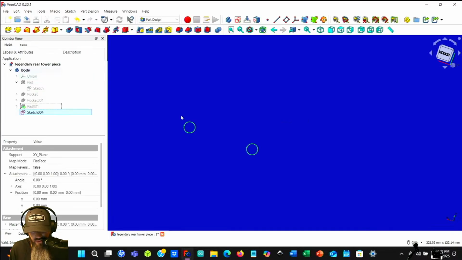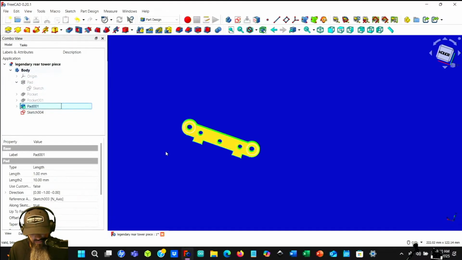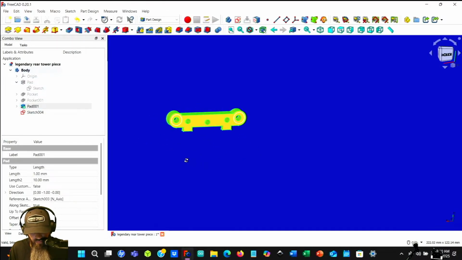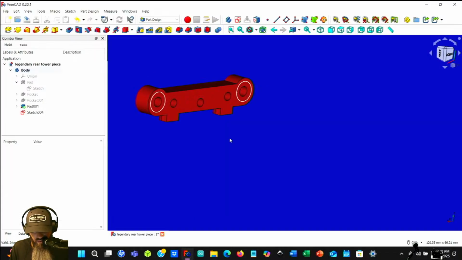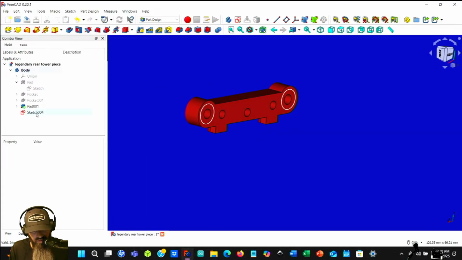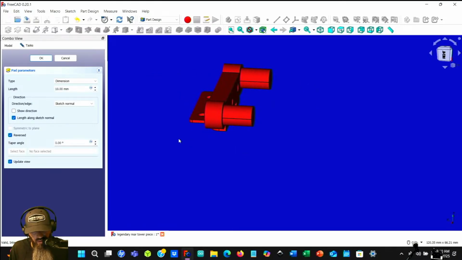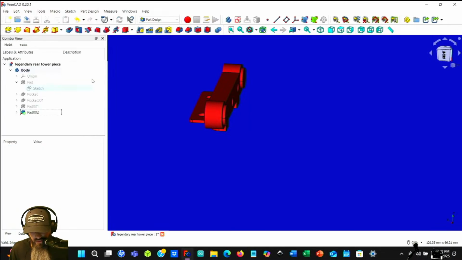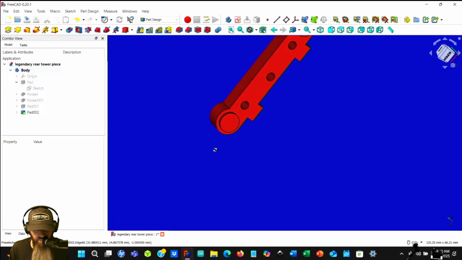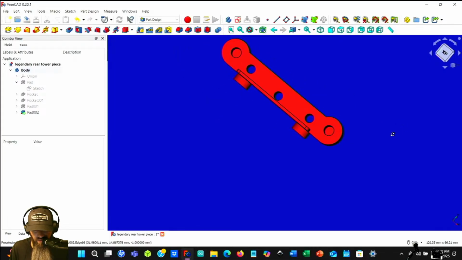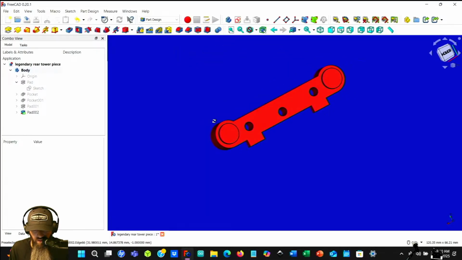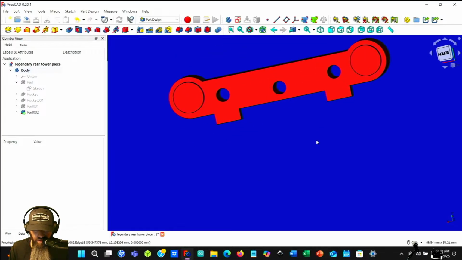Let's close that sketch. Put this pad back out here. Looks like they are in the right spot, so we just need to pad that out. Reverse it, and then we just need them to be like, I don't know, 1 millimeter or something. Just caps the hole off. And then, so that, yeah.